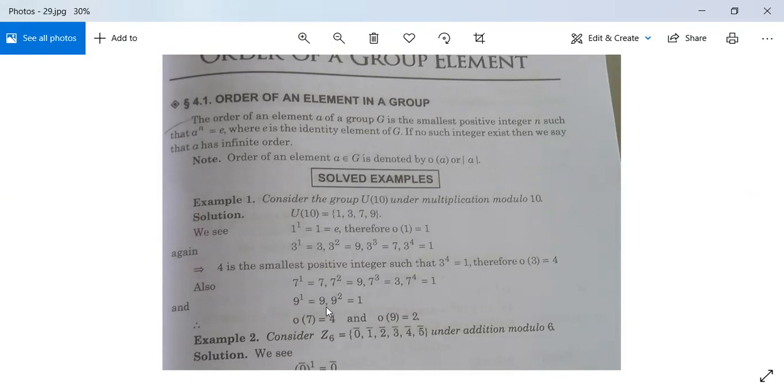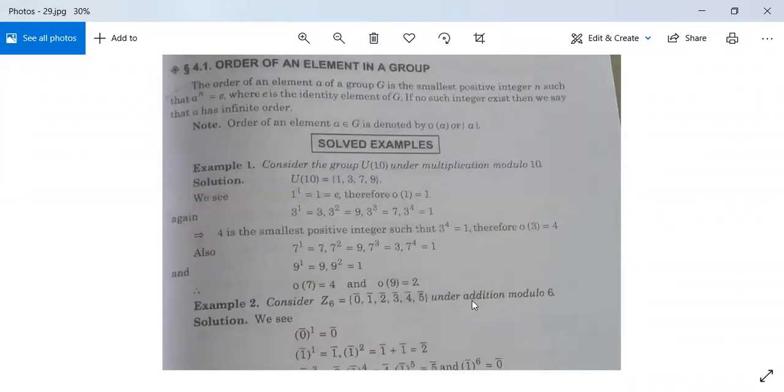And 9 to the power 1 is 9, 9 to the power 2 is 81, and if we divide it by 10 we get the balance as 1, so order 9 will be 2. इसका मतलब ऑर्डर 1 हो गया 1, ऑर्डर 3 हो गया 4, ऑर्डर 7 हो गया 4 एंड ऑर्डर 9 इज 2। ये हमारा बढ़िया एग्जांपल है।